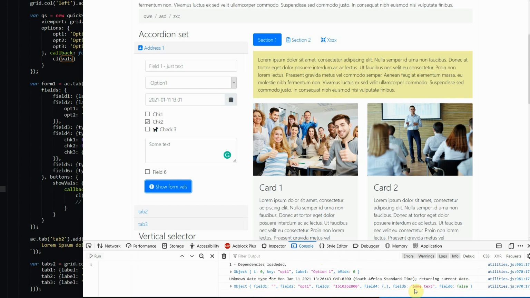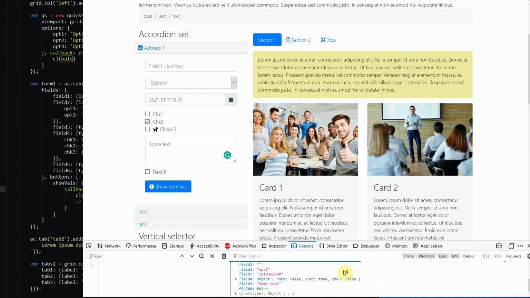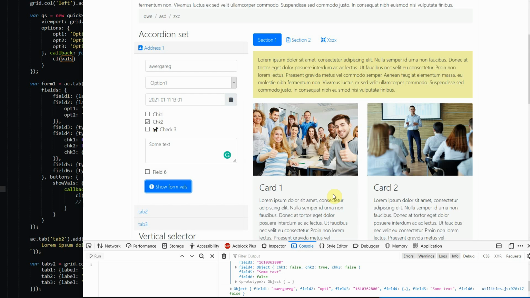But anyway, here's what we have now. So you can see the first couple of fields, what we expect. This one, there's no text in it as yet, right? This part where it says field 1 just text, that's the label of the field. This is the compact version, so it shows the label in the box until you start typing there. So if we click that again, you can see there's that field 1, and then of course all this works